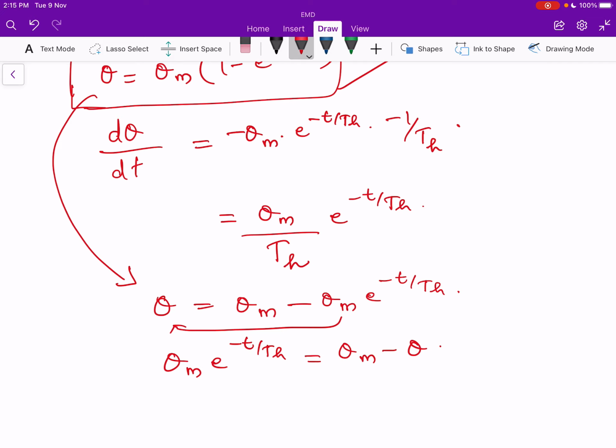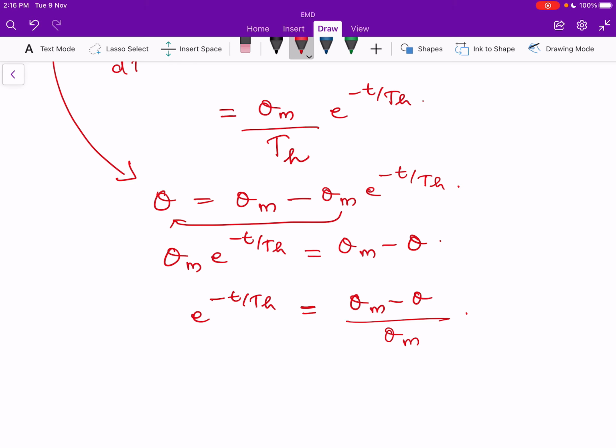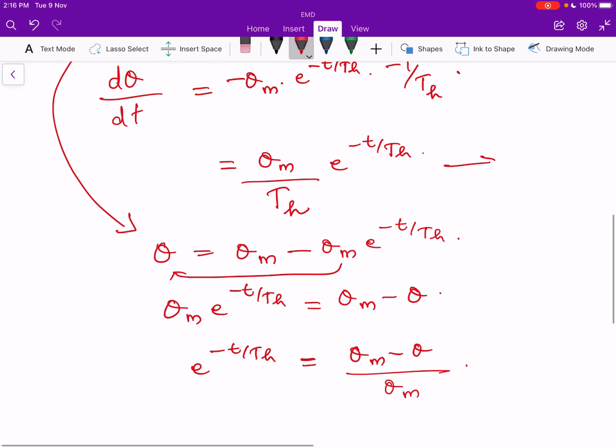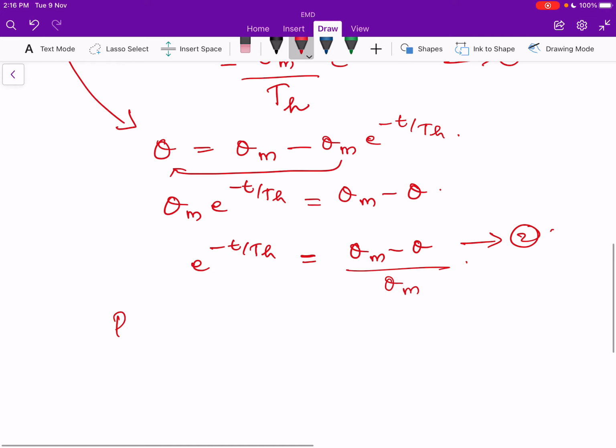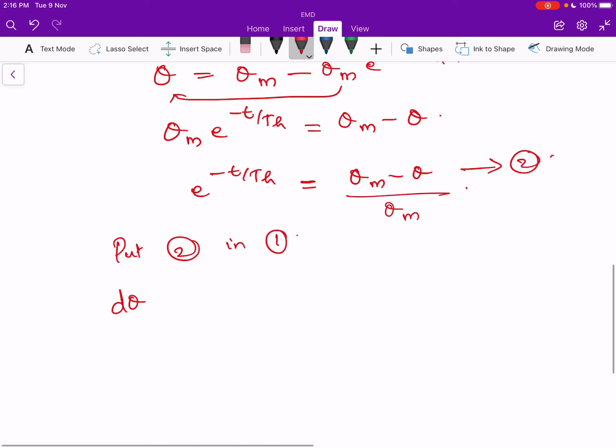We have to take this theta to the RHS, so it will be like this. Now we can write e raised to minus t by Th as theta m minus theta divided by theta m. So in this expression, if this is equation number 2, we have to substitute 2 and 1. So we'll get the expression for d theta by dt as,